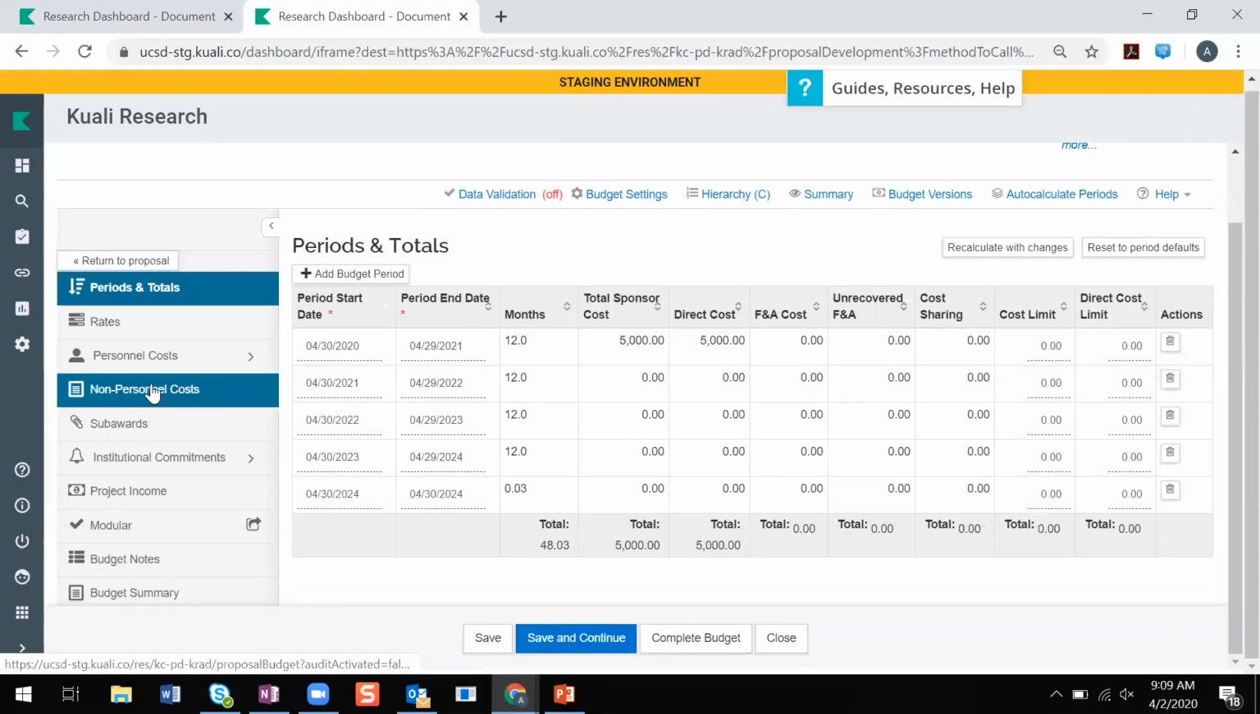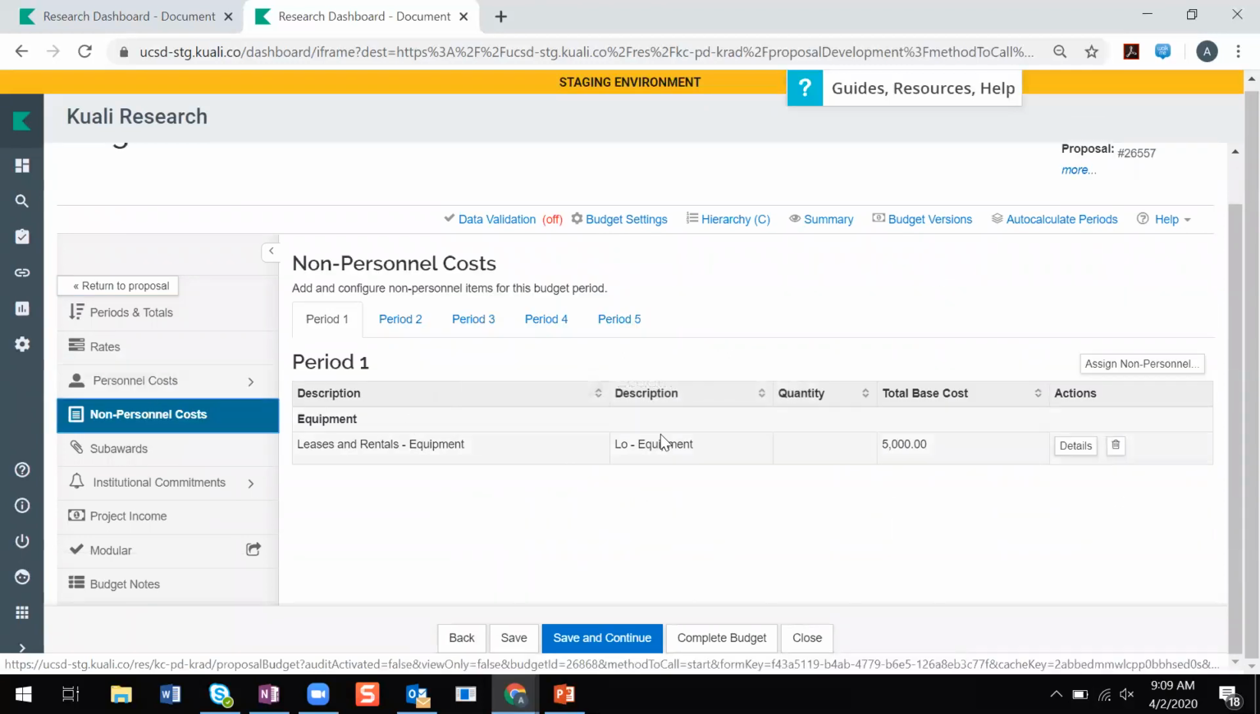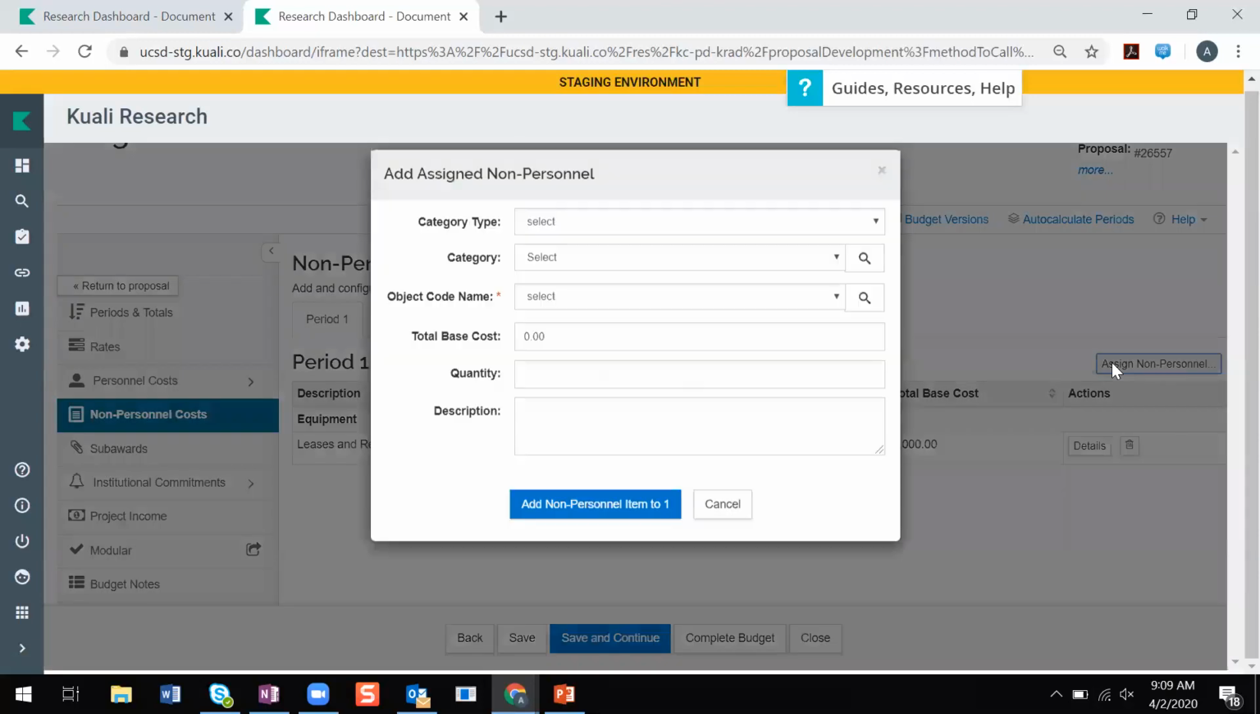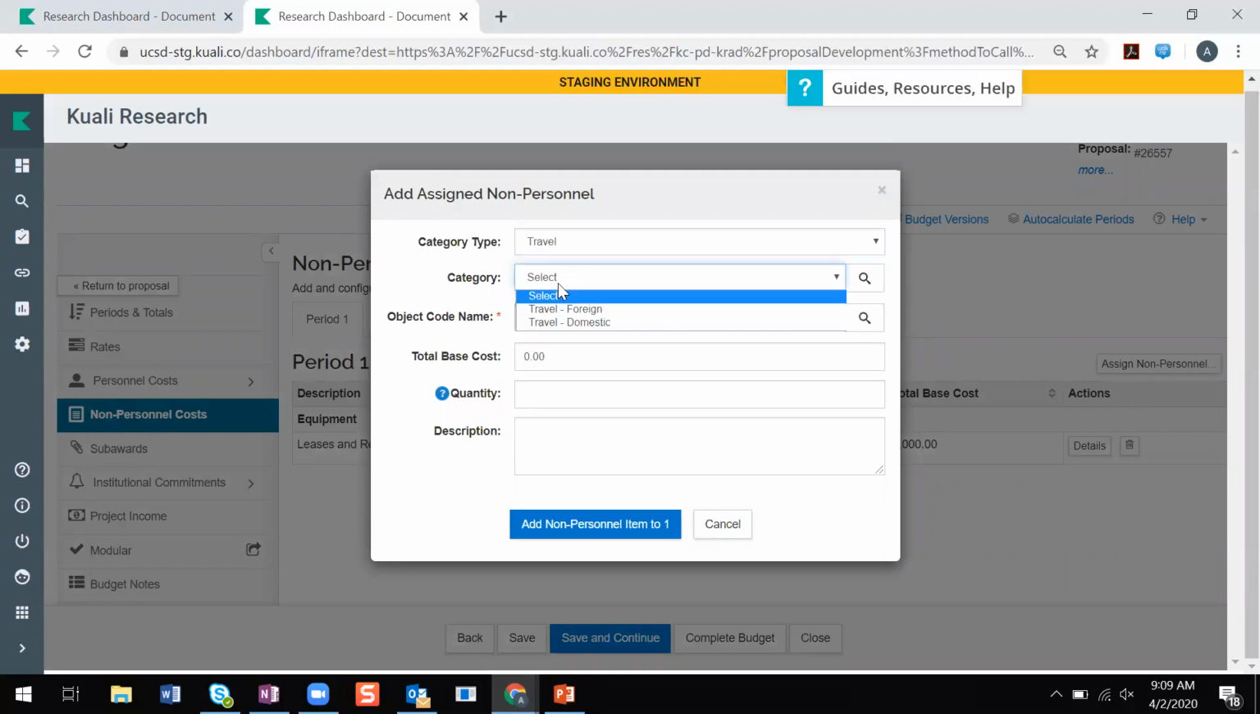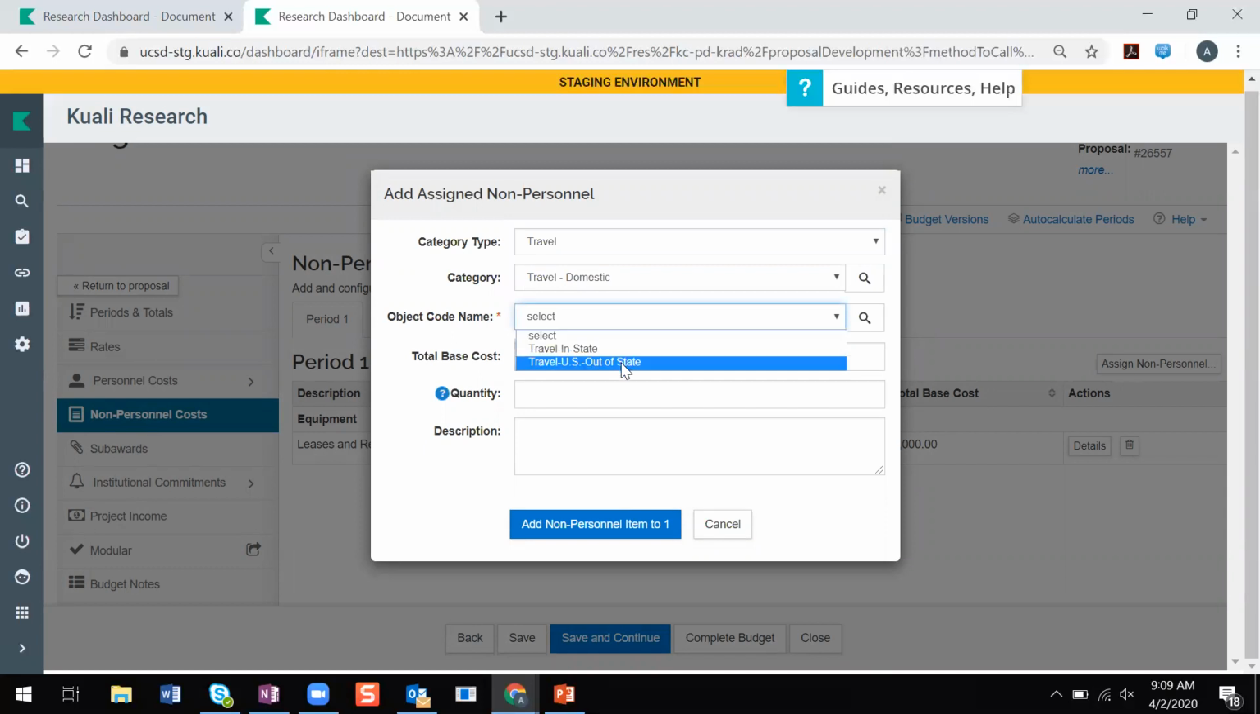Perfect, so let's navigate to non-personnel cost. And let's click on assign non-personnel. Let's do travel. Great, and then